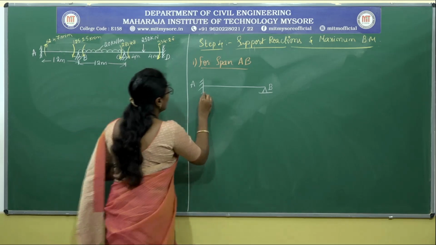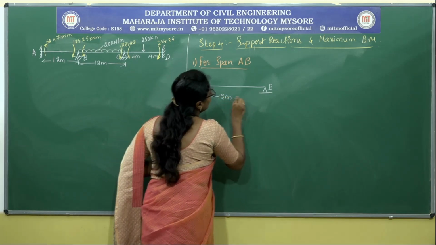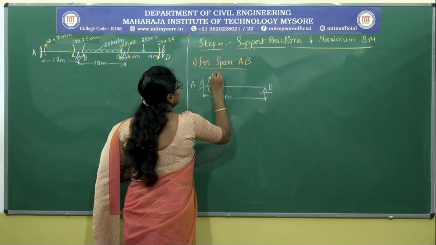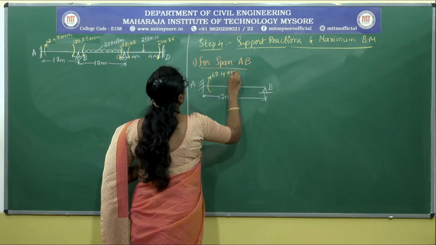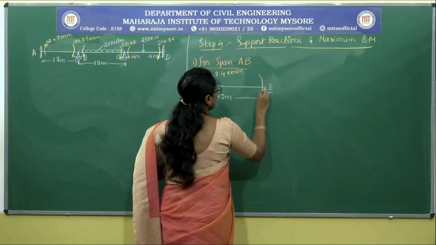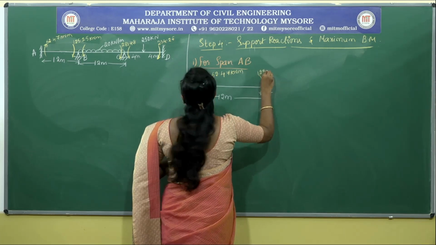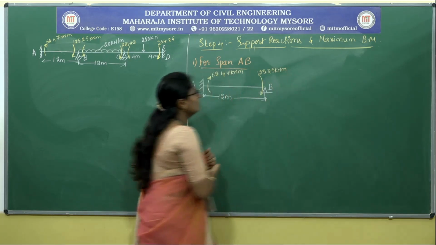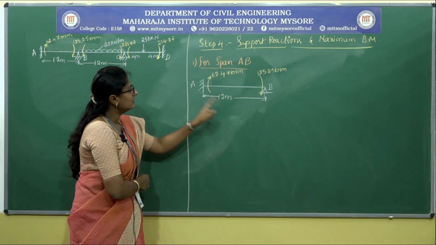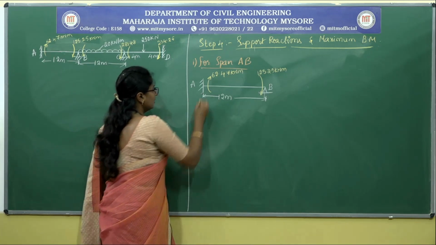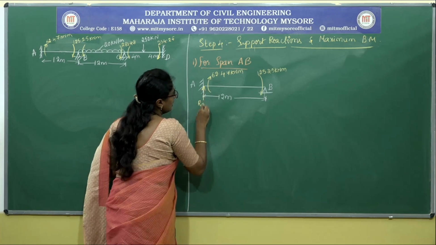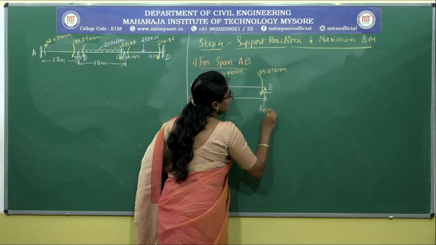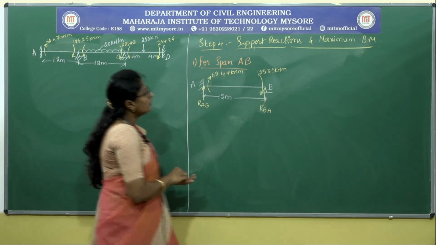we have a 12 meter span and the moments here are 62.47 kilonewton meter and 125.25 kilonewton meter. So by using this, we need to calculate the reaction at A, that is RAB, and the reaction at B, which is RBA. For this, we shall take up